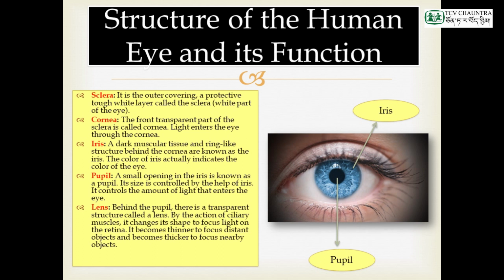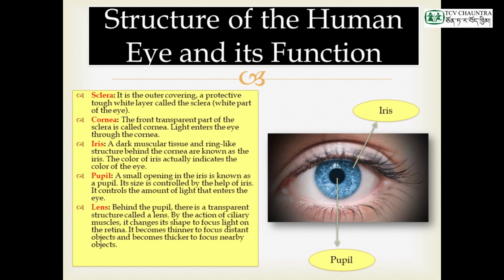So we need to thicken the lens, and we need to make the lens thinner. It is the ciliary muscle which acts for this function. By the action of the ciliary muscle, the lens changes its shape to focus light on the retina. It becomes thinner to focus distant objects, so our lens becomes thinner and thinner. For nearby objects, the ciliary muscle will tighten and our lens will become thicker and